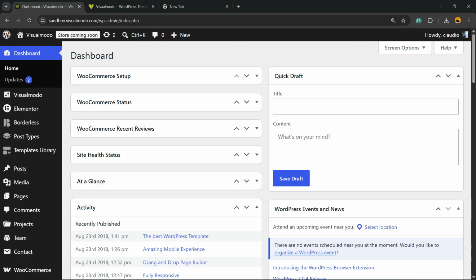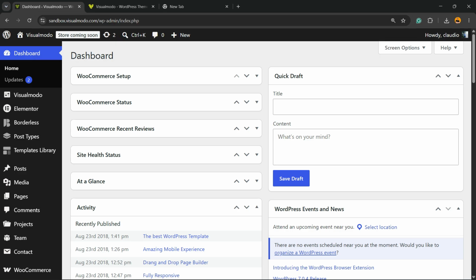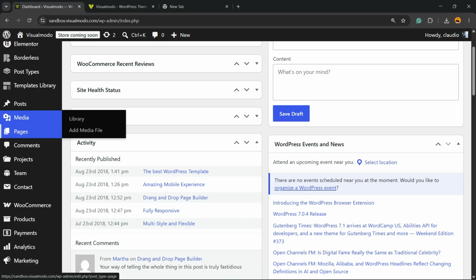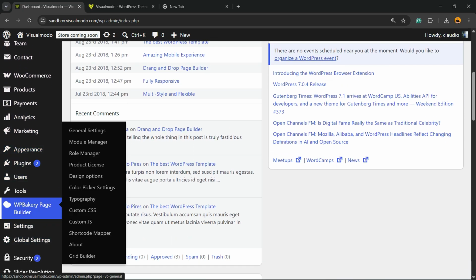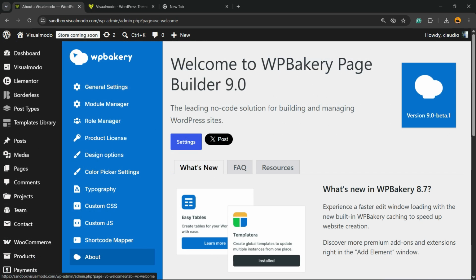After this, go to your WordPress dashboard. To access the dashboard, in the browser address bar, enter your domain plus wp-admin, enter your login credentials, and you're going to be able to see your dashboard. I'm going to assume that you already have the WPBakery plugin installed on your site. In case you don't know how to install plugins, let me know in the comment section so I can